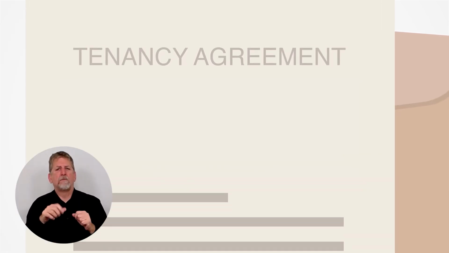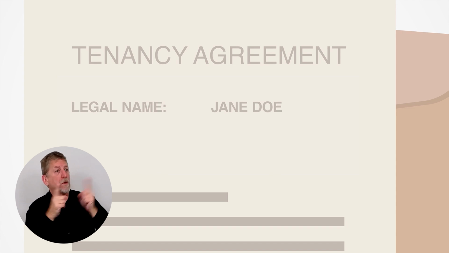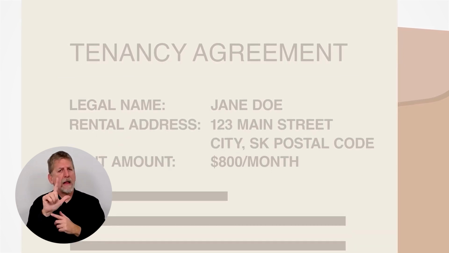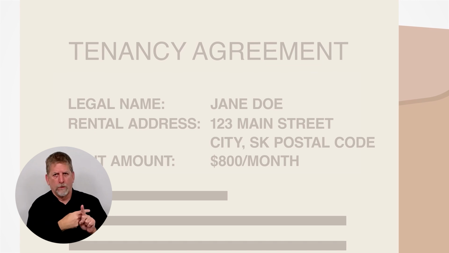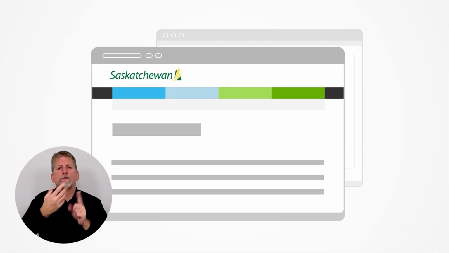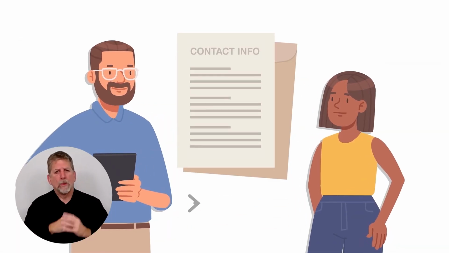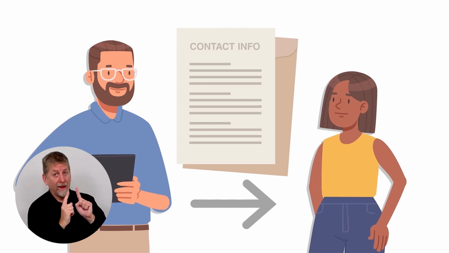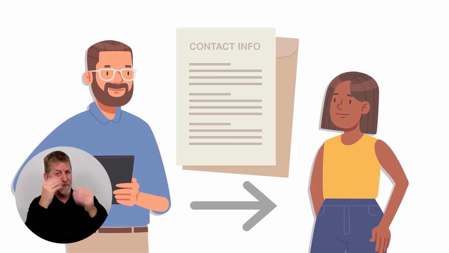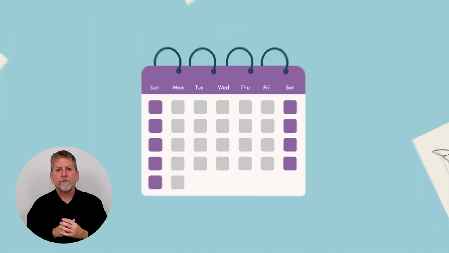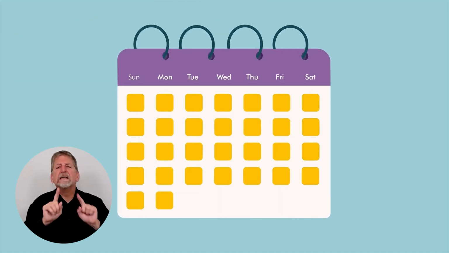A written agreement must include information like the legal names of all parties, the address of the rental property, and the amount of rent that needs to be paid. A complete list of requirements can be found on the ORT website. If the tenancy agreement is verbal, the landlord must still provide their contact information in writing within 20 days of reaching the agreement. Landlords and tenants can choose from different types of rental agreements: week to week, month to month,